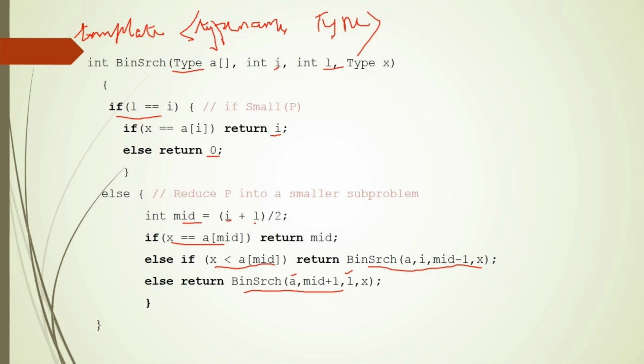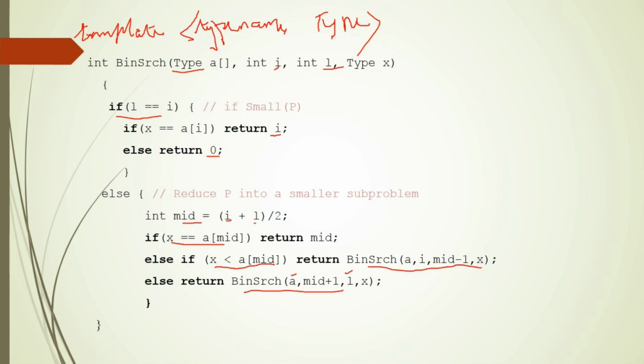Now if I was not equal to L, there is definitely more than one element in the array, so we need to subdivide this problem. We calculate the mid element in order to choose the index q for dividing the problem. So mid is nothing but low plus high by 2. Here what is our low value? That is the index of the first element, plus the index of the last element, divided by 2. Then you check if the key element is equal to the element present at this middle position. If it is present, return that mid position.